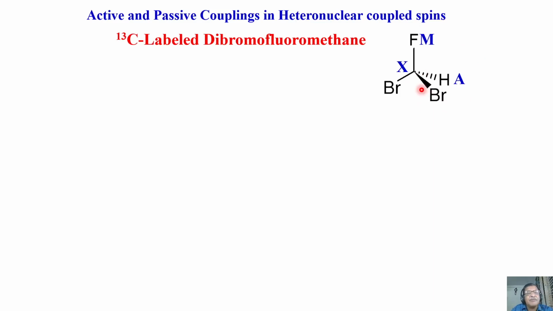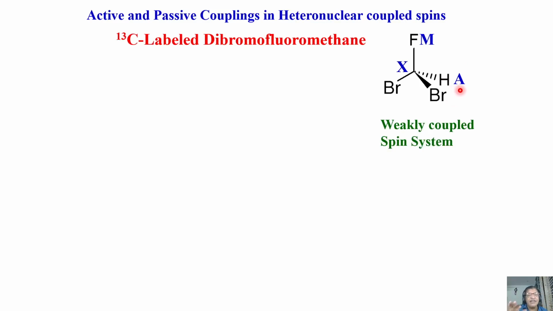You will look at the NMR spectrum. Now, without showing the spectrum, I will ask you a question. If I look at the proton spectrum, what do I get? In one spectrum, you cannot see all these nuclei, right? Because they are all different nuclei. If I have to see fluorine, I have to go to fluorine resonance. If I have to see the carbon spectrum, I have to go to carbon 13 resonance. If I see the proton spectrum, I go to proton resonance.